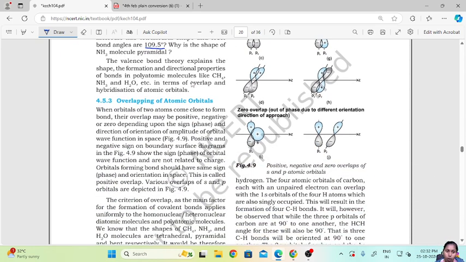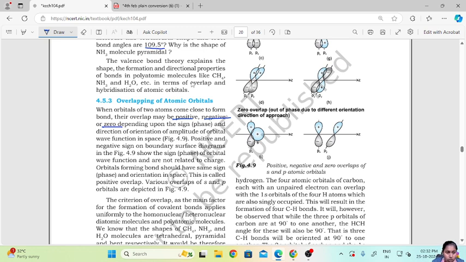Now, overlapping of atomic orbitals. When orbitals of two atoms come close to form a bond, their overlap may be positive, negative or zero, depending upon the sign and direction of orientation of the amplitude of the orbital wave function in space. So when orbitals of two atoms come closer, they can form an overlap that is positive, negative or zero,